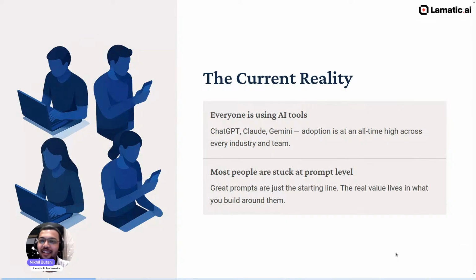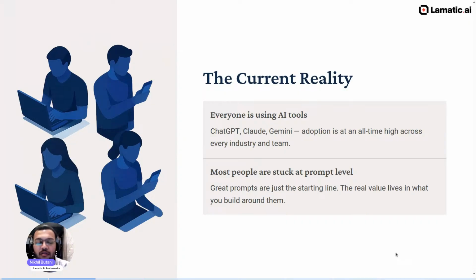Because in the current reality, everyone is using AI tools: ChatGPT, Claude, Gemini. There is a lot of hype across every industry, and day by day a new AI tool is coming.